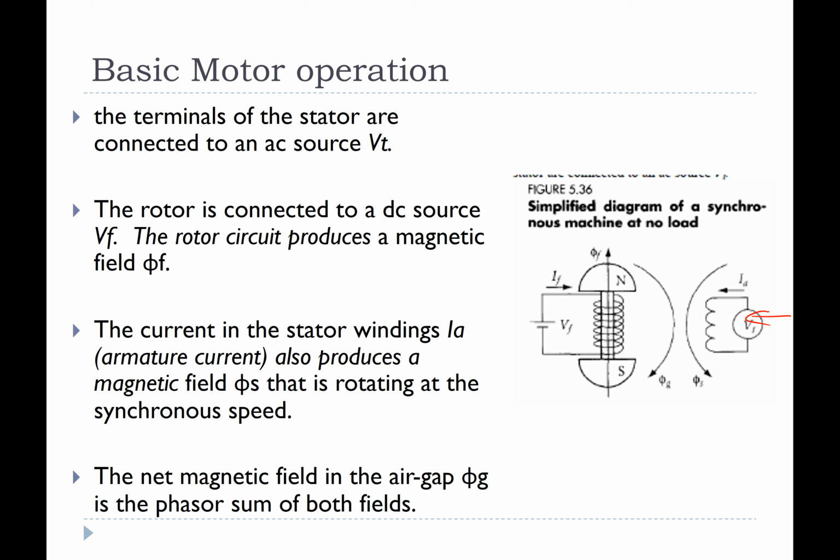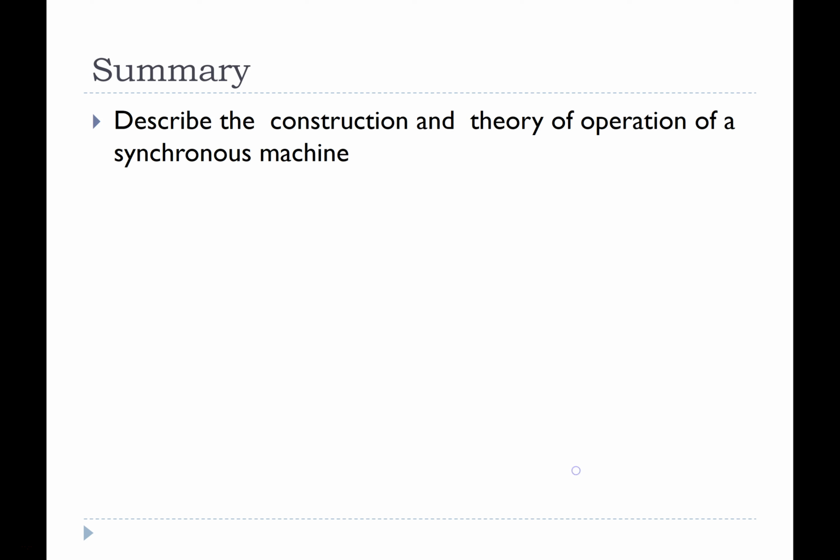You'll see that it is not very difficult to understand the operation. It is basically a rotating magnet for the generator, and similarly, for the motor, you have a stationary magnet and you create a rotating magnetic field, and that pulls the magnet along. The magnet keeps trying to align with it, and it does that at the speed of the magnetic field created from the stator. So this is just the basic operation, and that is all that there really is to it for this level